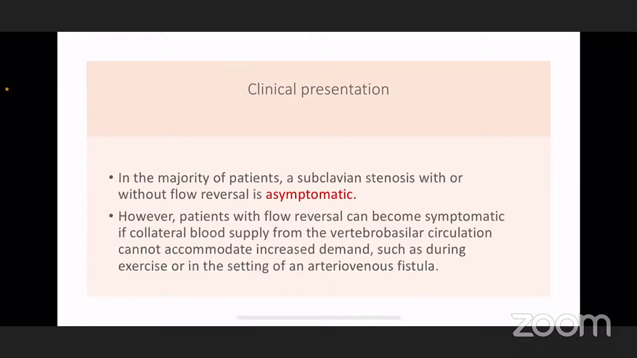So it will only be symptomatic if the blood supply cannot accommodate increased demand, such as during exercise, or another scenario is the stenting of an AV fistula. For example, if you did a CABG for a patient with a LIMA to LAD graft, and the patient was okay, he went home, and then after years he developed end-stage kidney disease and you needed to put an AV fistula in the patient. If you put it in the same arm of the graft and the patient had an undiagnosed stenosis in the subclavian artery, then